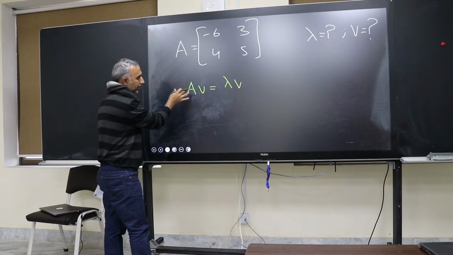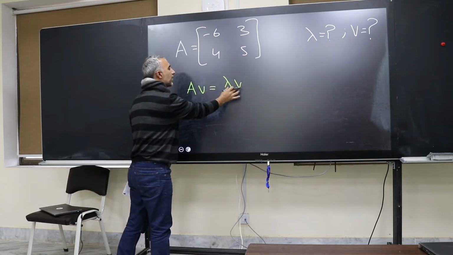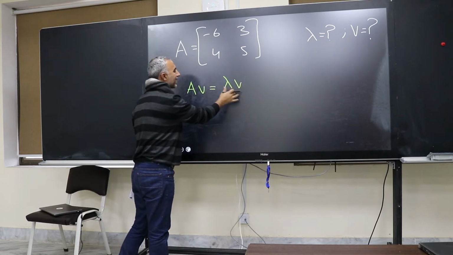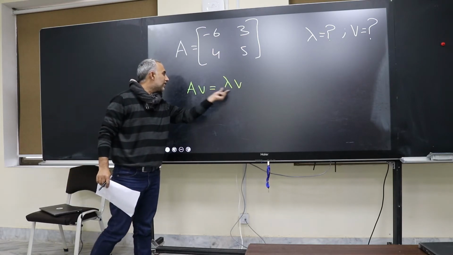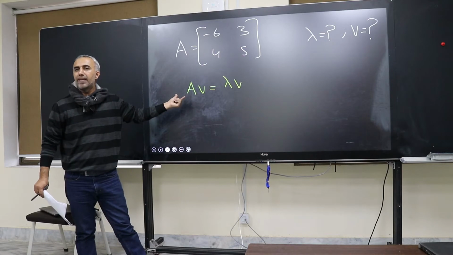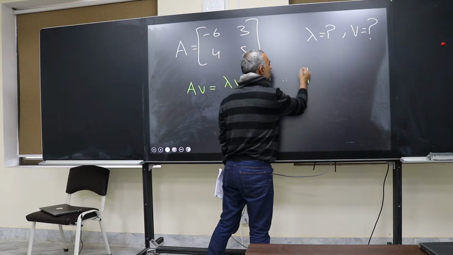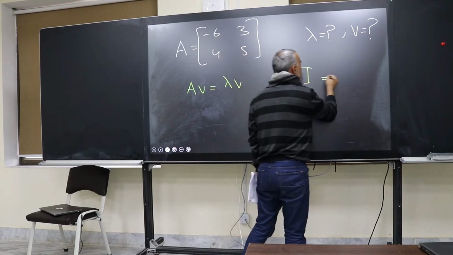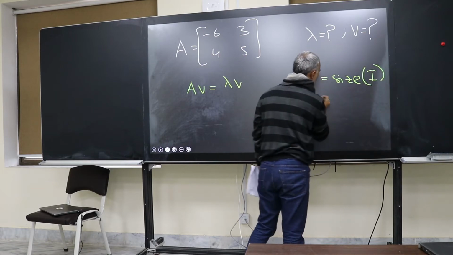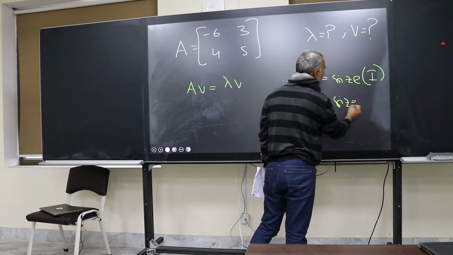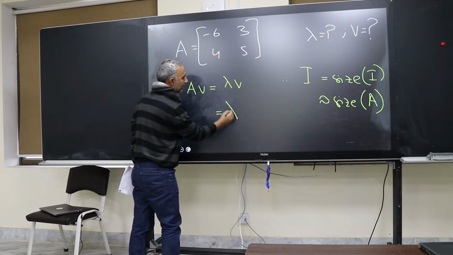This is the first expression I portrayed in front of you. If you want to subtract the right hand expression from the left hand expression, you should ensure the size is equivalent to the size of the matrix A. For this, you need to consider an identity matrix such that the size of the identity matrix is equivalent to the size of matrix A. Therefore, you can write